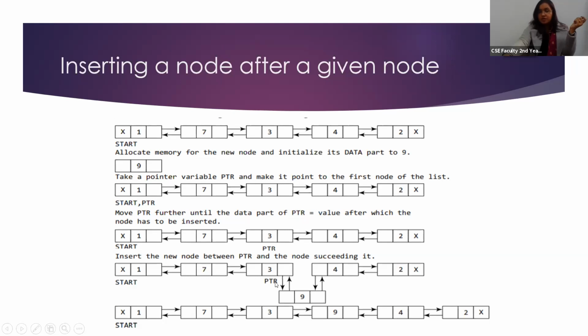So I told in the last class also that if you use one pointer, then do this joining first, otherwise this part will be lost. If you do this joining first, then this address will change. And if this address changes, then this entire part will be lost, because the address of this one is stored in this part. So first you do this joining, then you do this joining. Once it is done, this node comes in between. Now let us see how they have done this joining.